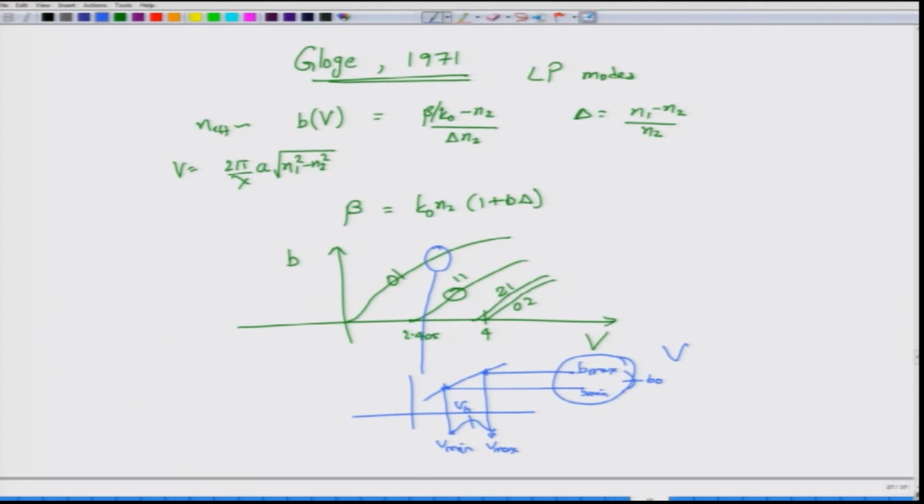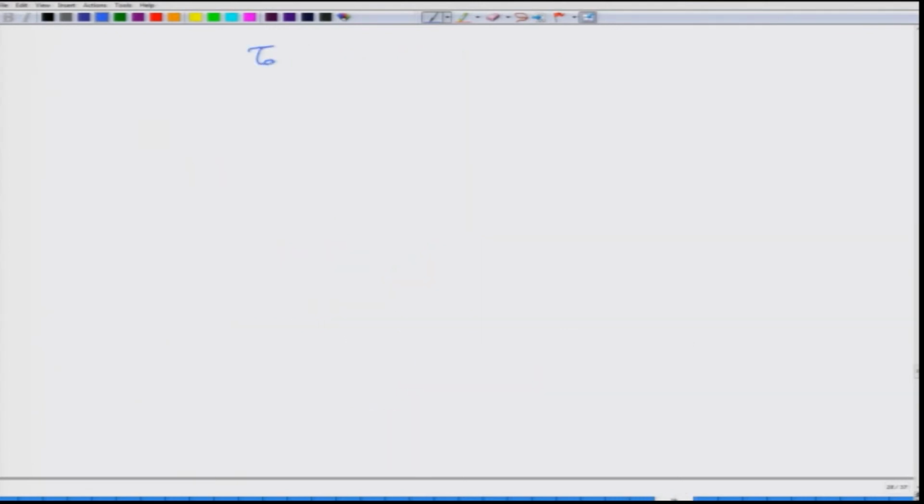Okay. But we do not normally do it in that way; we actually go back to the delay tau g, that is, what we express, and this tau g we write in terms of the simple d beta by d omega that we already know, which is of course the beta 1 parameter. You can adjust this expression d beta by d omega by differentiating beta with respect to k naught and then